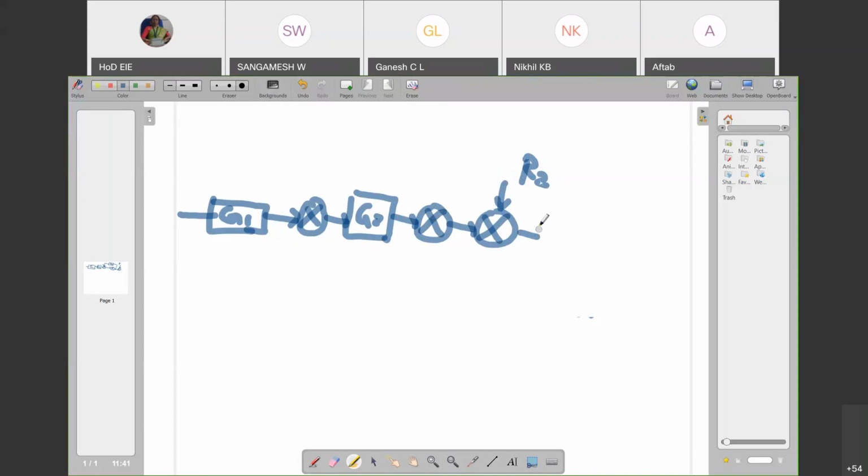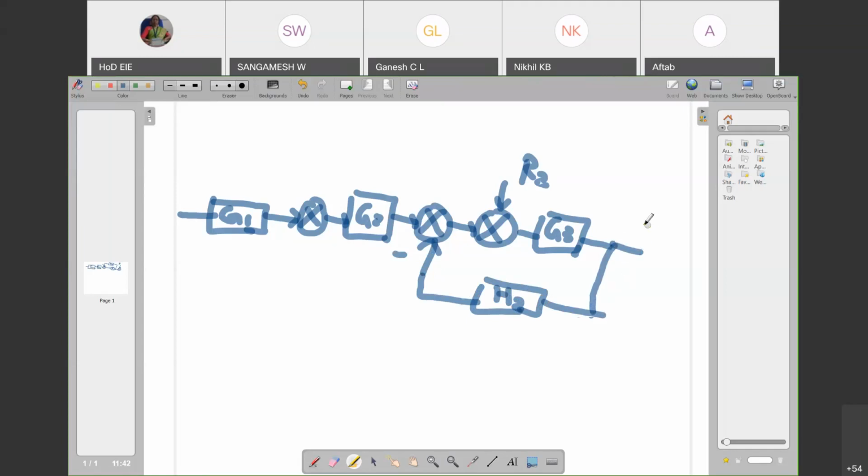Then you have G3, and to this negative terminal, that means to this negative terminal, we have H2. I think you should be having it. This is feedback. And from G1,